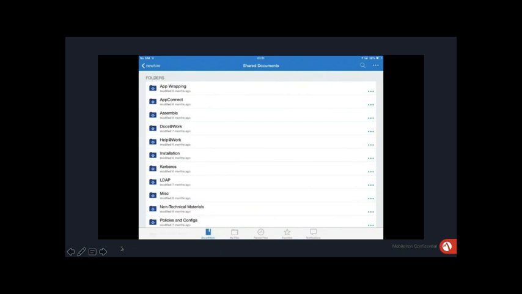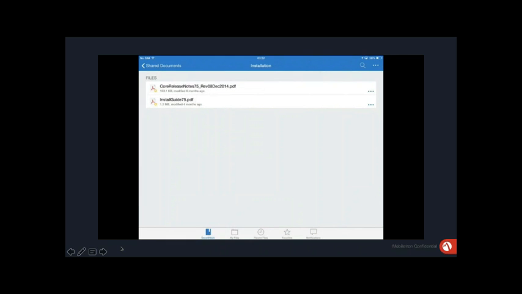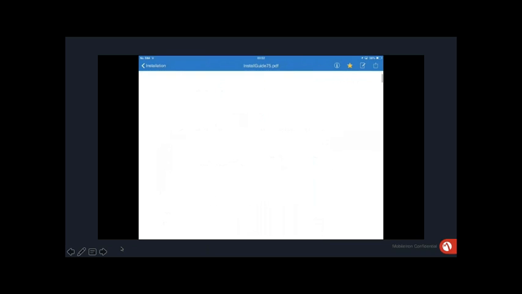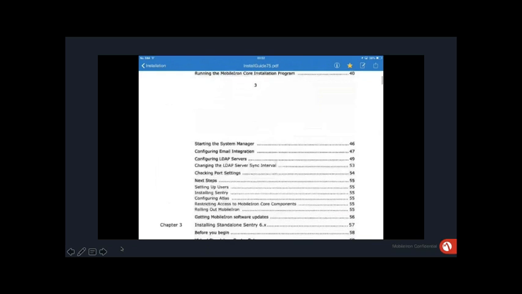It's now populated and expanded beyond there. So if I then go and look at installation, I can see I've got 2 files there, 2 PDFs, and you can see in the bottom right hand corner there is a little white star on a yellow background. So if I was to open the installation guide in full as a PDF, we'll let that download, and there's the document in its entirety, so it's worth looking at.